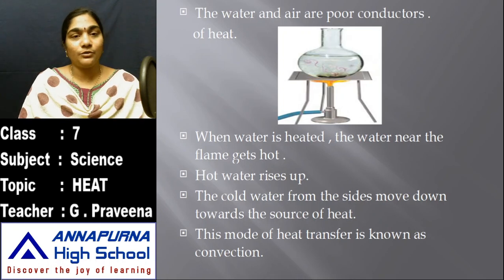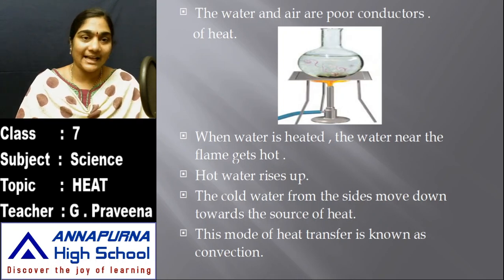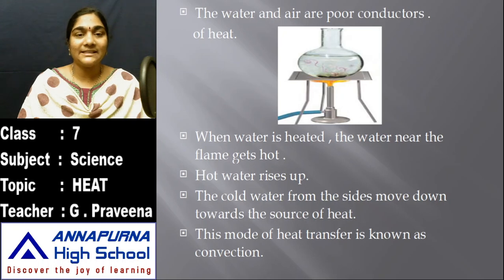So for this, you have to take a round bottom flask and fill it 1/4 with water, and from below you have to start giving the flame to it. You have to keep that round bottom flask on a flame. Place it on a tripod stand, and if possible you can even place a candle below, giving flame to that. Okay, so now when this is done, to this round bottom flask you add 2 or 3 pieces of potassium permanganate crystals, which are violet in color.